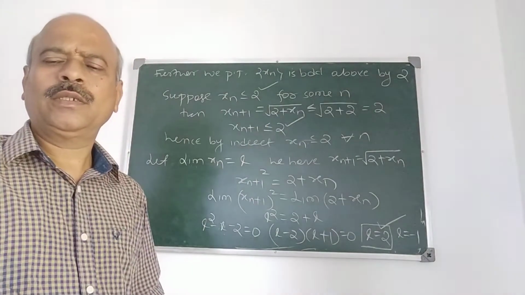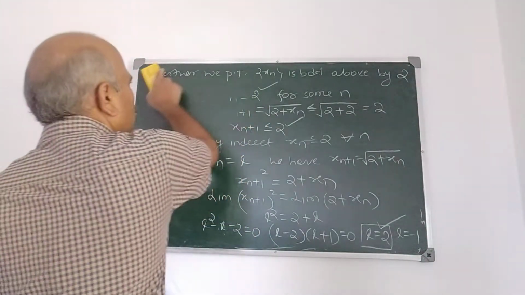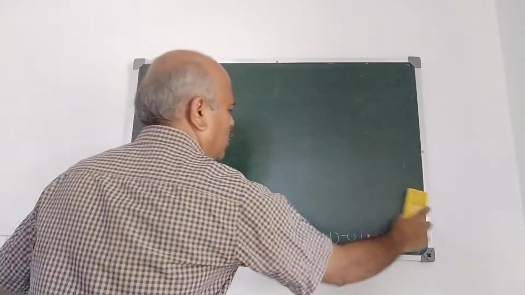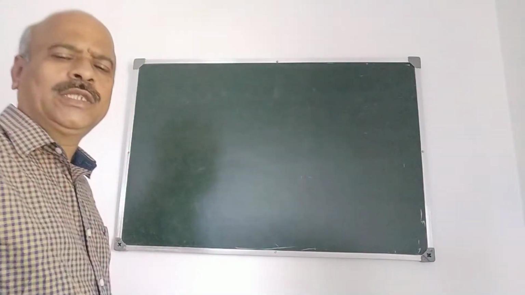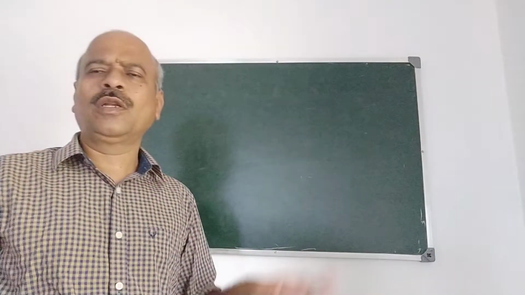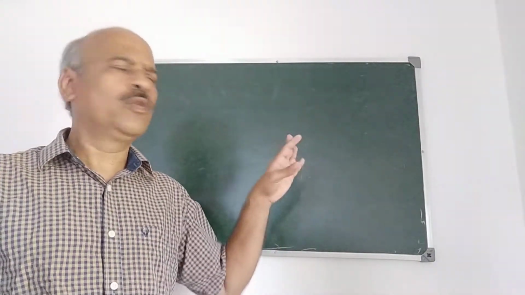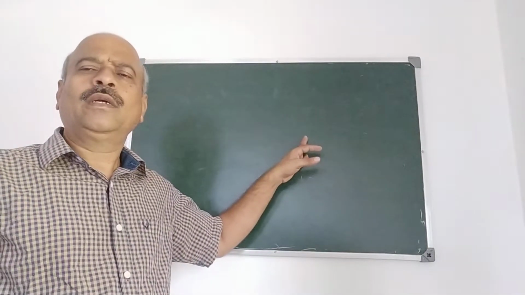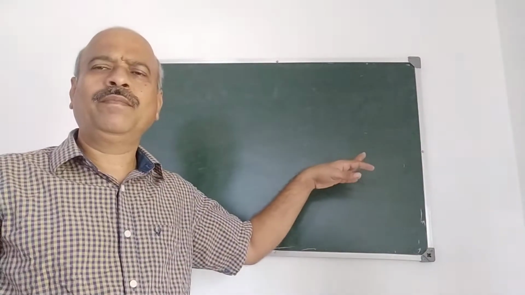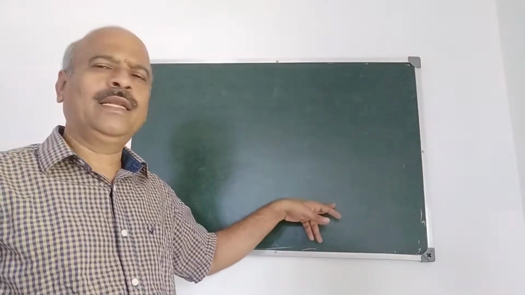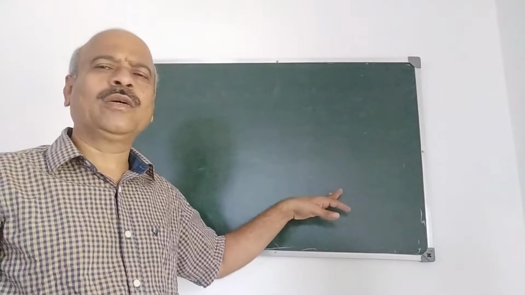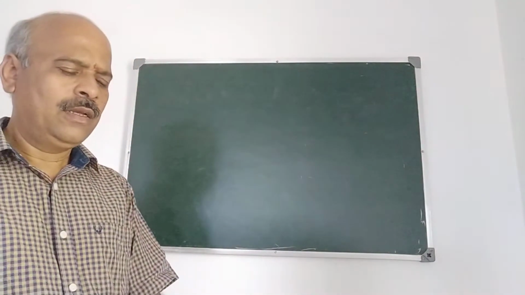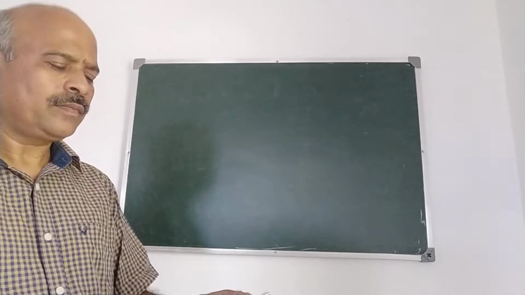It is a standard problem, and you try to understand how to solve it. Here two things were important. First, you have to verify whether it is monotonically increasing or decreasing. You have to prove by mathematical induction. Once again, by mathematical induction you have to prove that it is bounded, and then take L as the limit of the sequence and find L. You will usually get a quadratic equation in L. From that you have to find L.